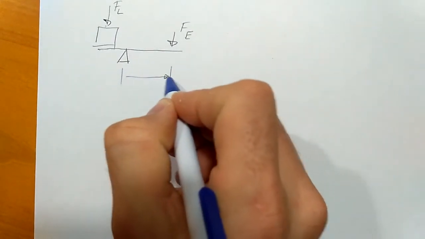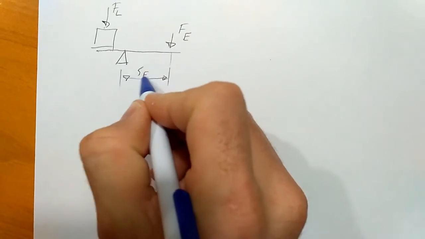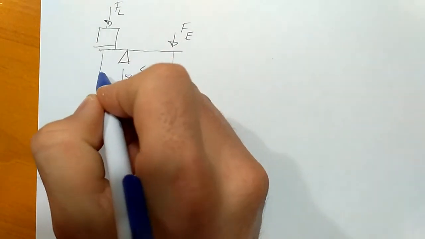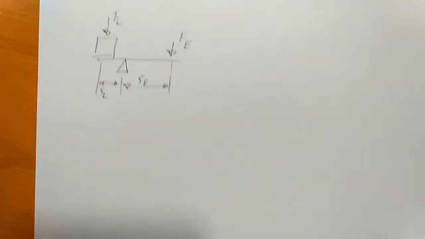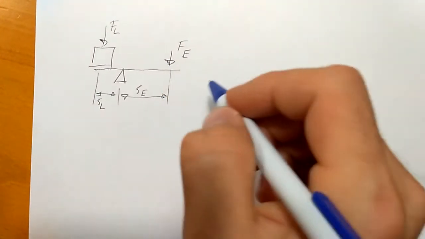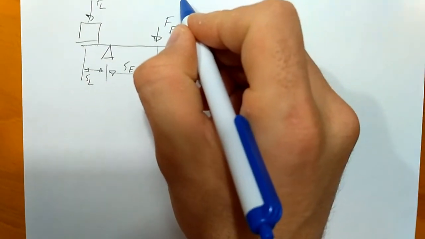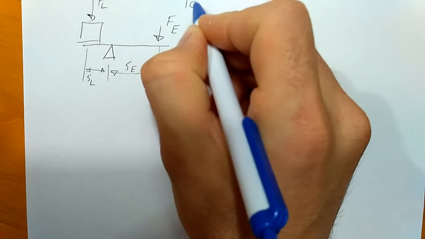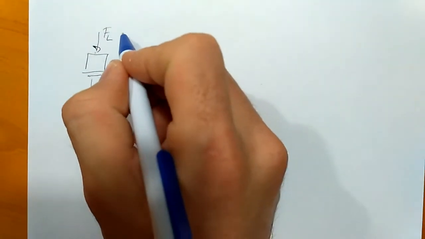Alright, our distance of the effort. And we have our distance of the load. Okay, now let's give some data. So our force due to effort is going to be 10 newtons, and a force due to the load is going to be